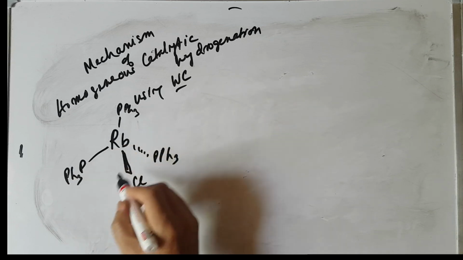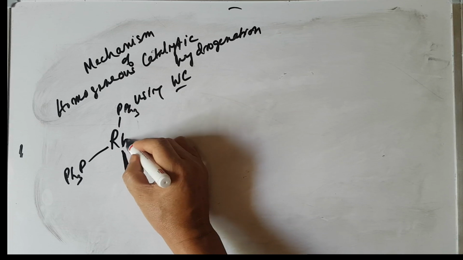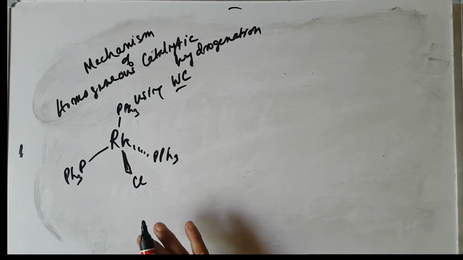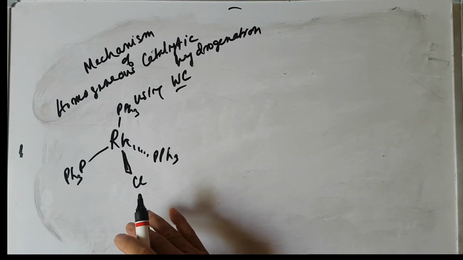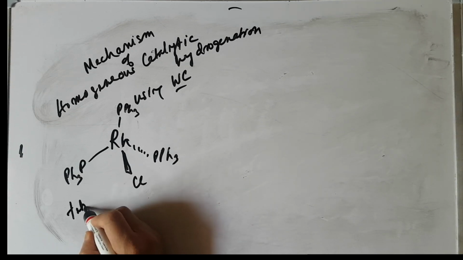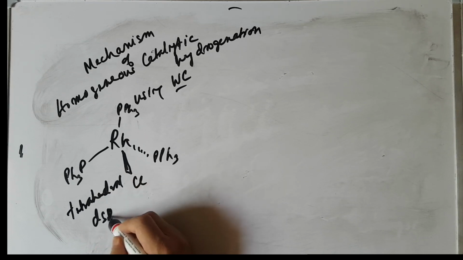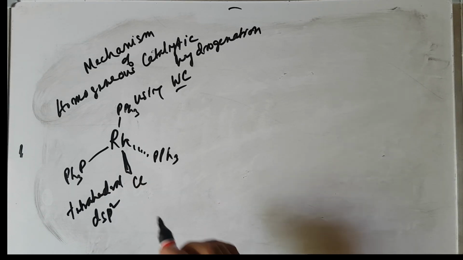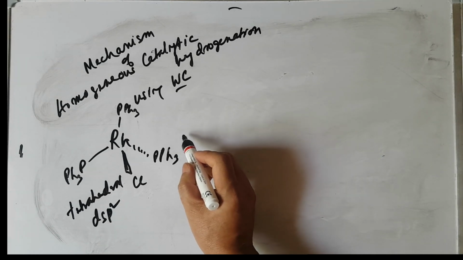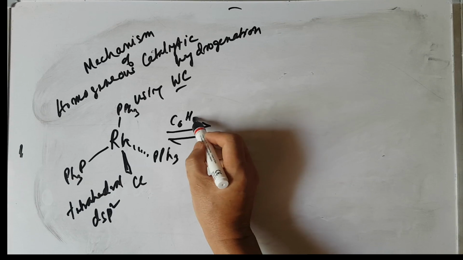So there are three triphenylphosphine ligands on rhodium chloride. This is the compound. This structure is square planar, dsp2. Okay, so this is the reduction catalyst. Now, in the presence of a solvent, like a benzene solvent,